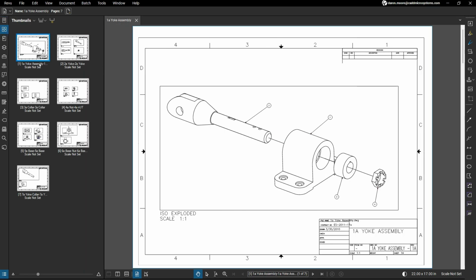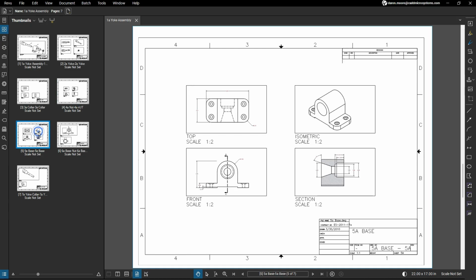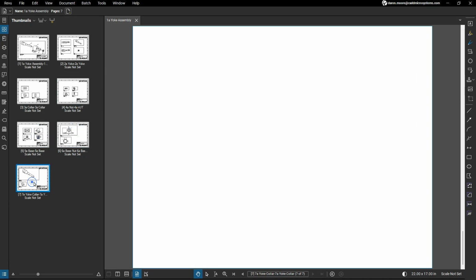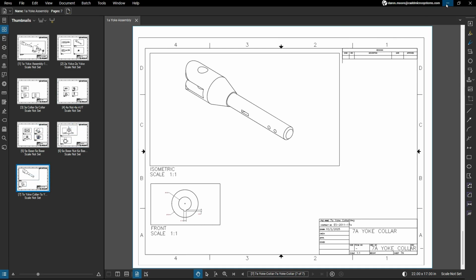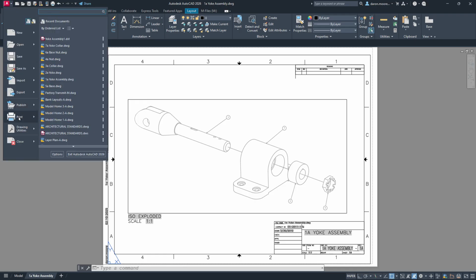Now, if I go to the thumbnails, you can see all of these pages were plotted, and they were plotted in their correct order, but again, I could have plotted them in any order. So that is batch plotting to PDF with AutoCAD, and it really does not matter what version of AutoCAD you're dealing with. AutoCAD Civil 3D, AutoCAD Architecture, AutoCAD 2017, AutoCAD 2026, all versions will allow for batch plot, which again was application menu, hover over print,